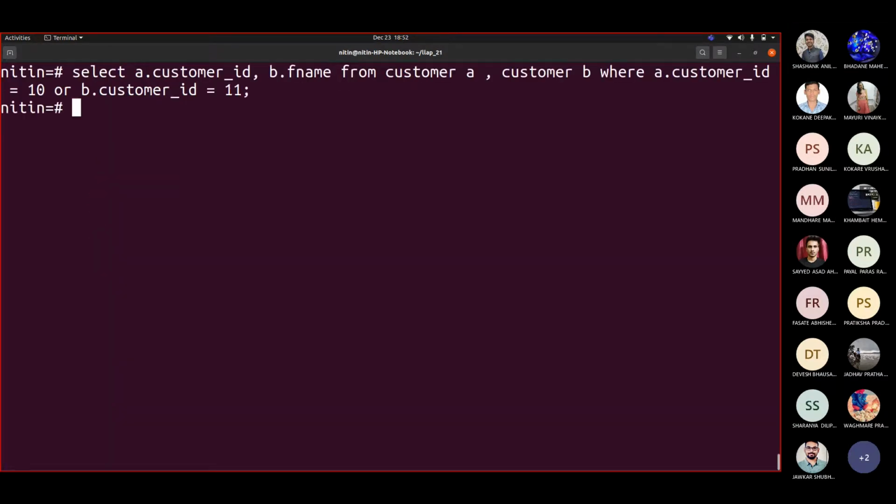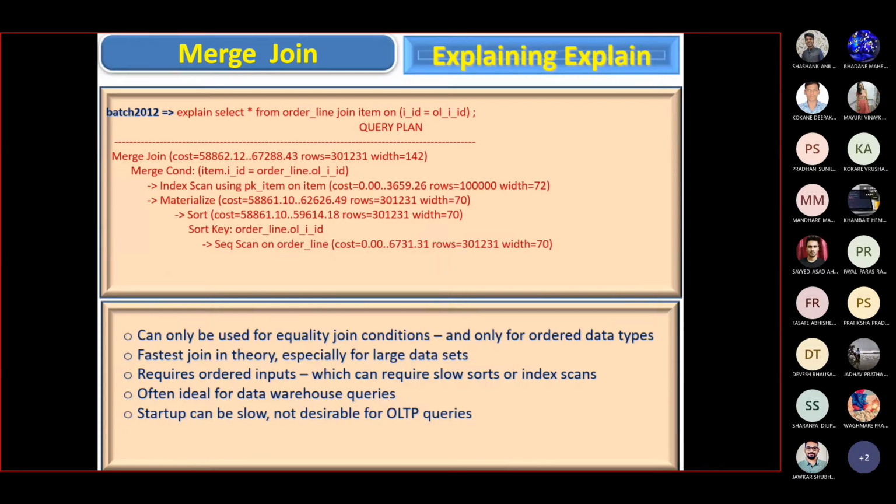Now users may write any queries. The database system is supposed to return me the result. I may write any kind of query, and if my query is correct, the output should be shown. But then think of this: how many arrangements have to be made by your database system towards this part, to organize the data? Mostly this depends on your planner.